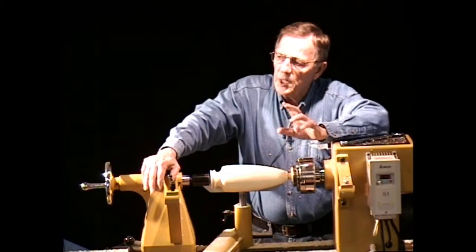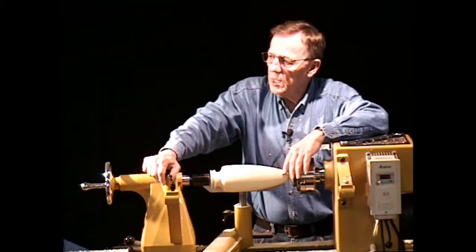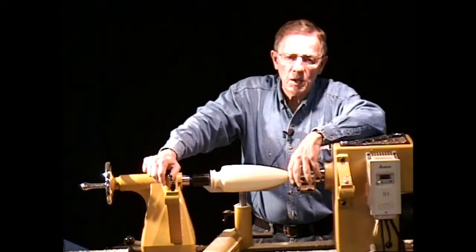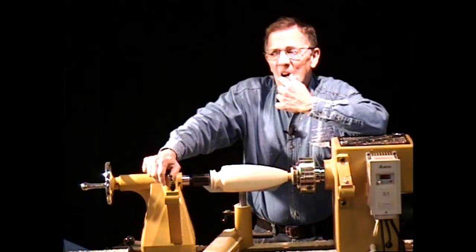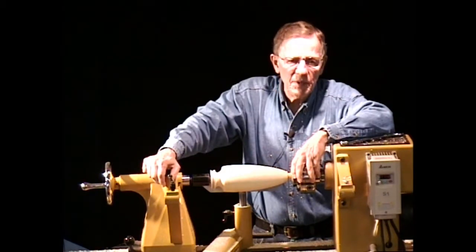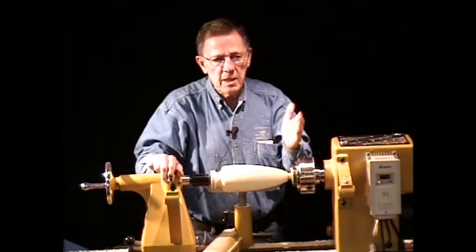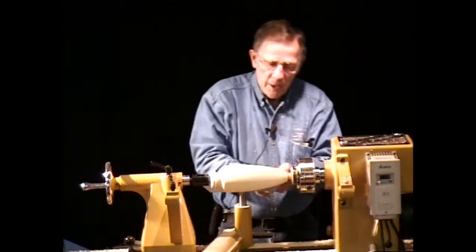I'll sand that varnish off of there with one 3M 260L, that's the model of the sanding grit, 600 grit. I'll sand all of the gloss off of the coat of varnish so I can put the next one on in about 10, maybe 15 seconds, and it'll be done. Now, if I took a sanding pad and did this, I'd be there forever. But the other one is just,